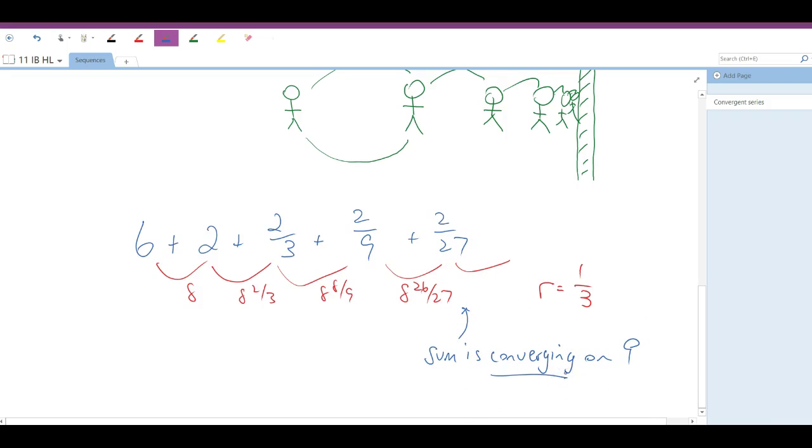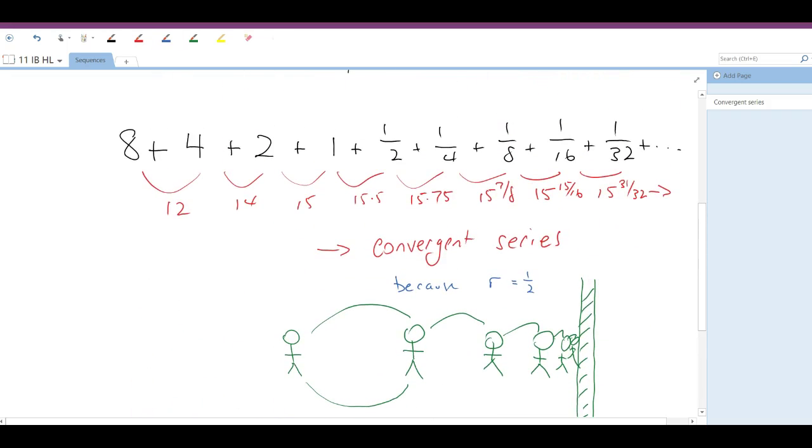It's converging on 9, and up here it's a convergent series, and the sum is converging